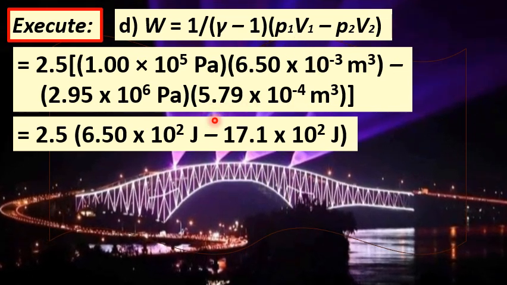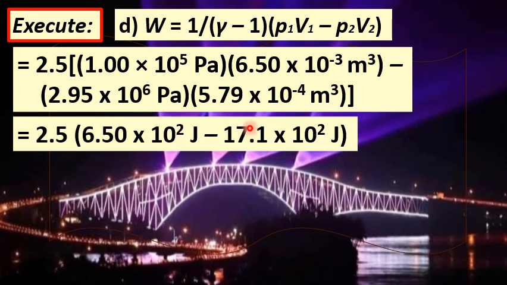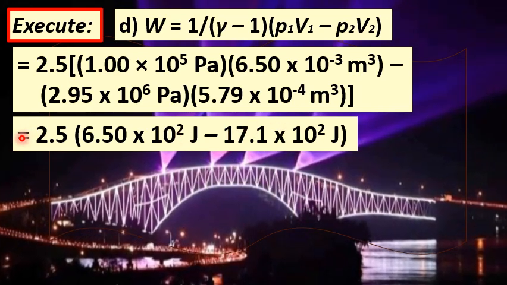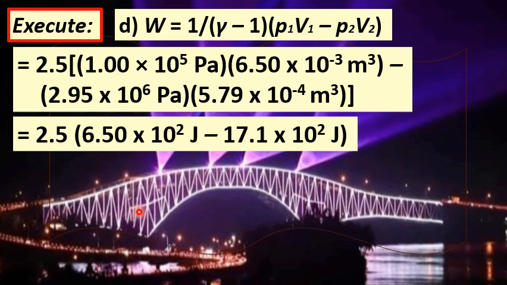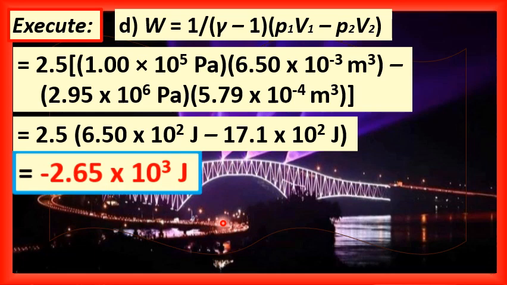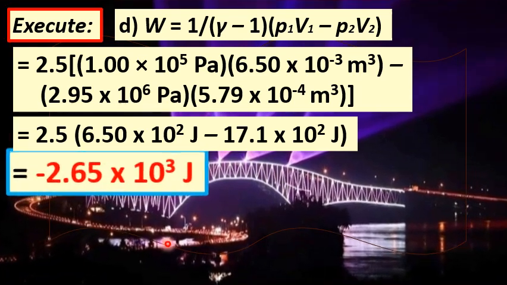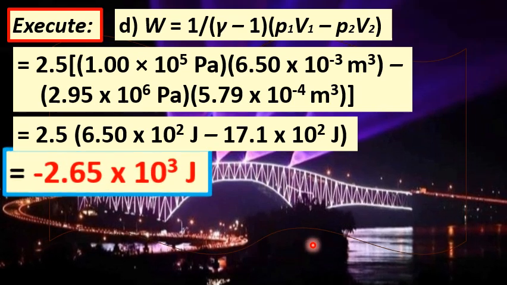That's why we have here the minus sign. So the difference is to be multiplied by 2.5. That is, our final answer for the work W is equal to negative 2.65 times 10 to the third power